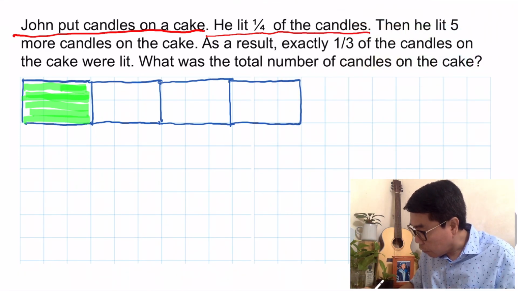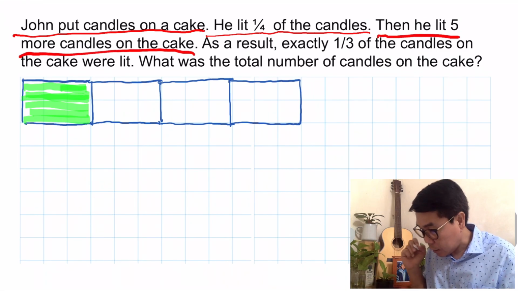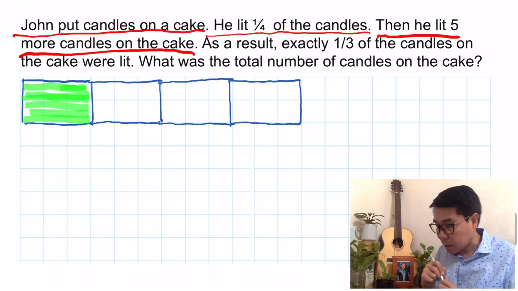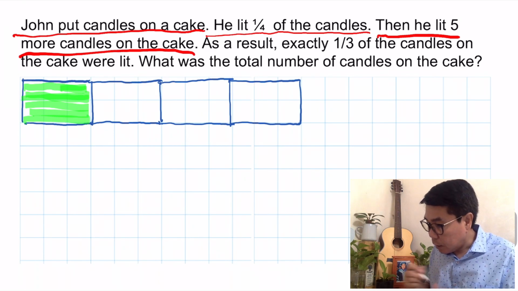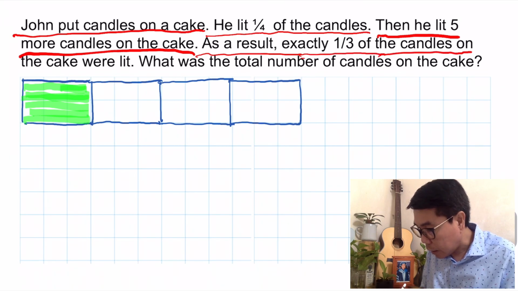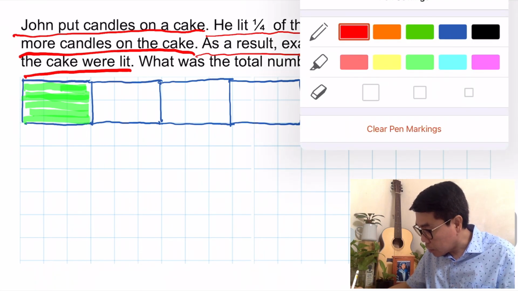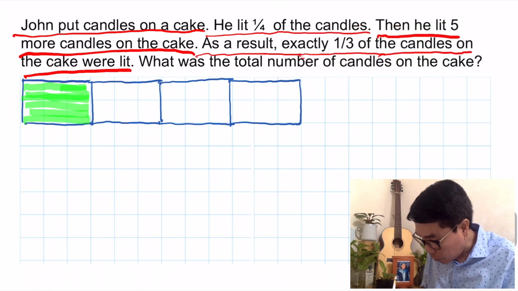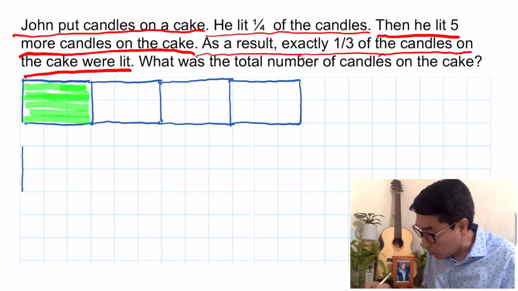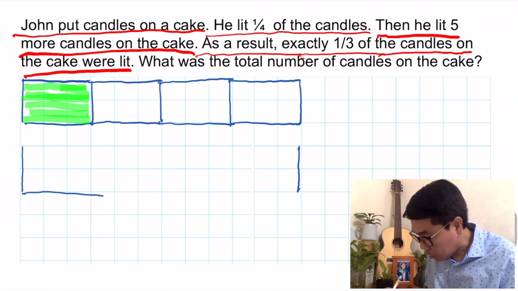Then he lit 5 more candles on the cake. He lit 5 more candles on the cake. As a result, exactly 1/3 of the candles on the cake were lit. Okay, now, so I will draw another one here to show 1/3. Okay, so this is the candles of the cake,